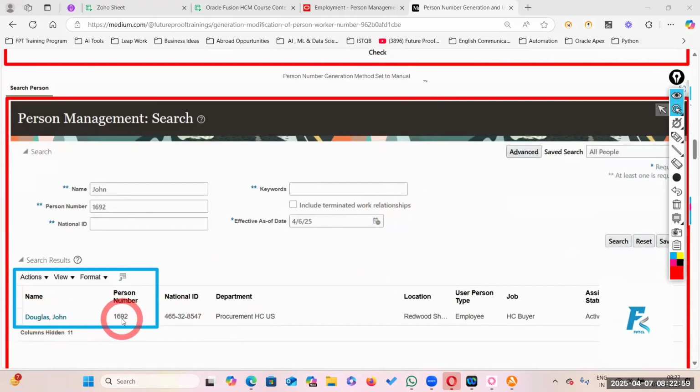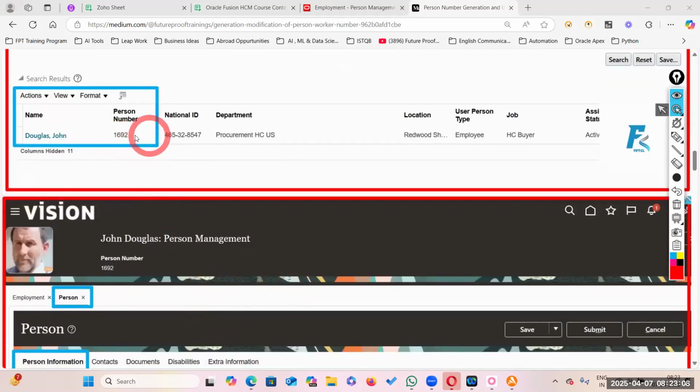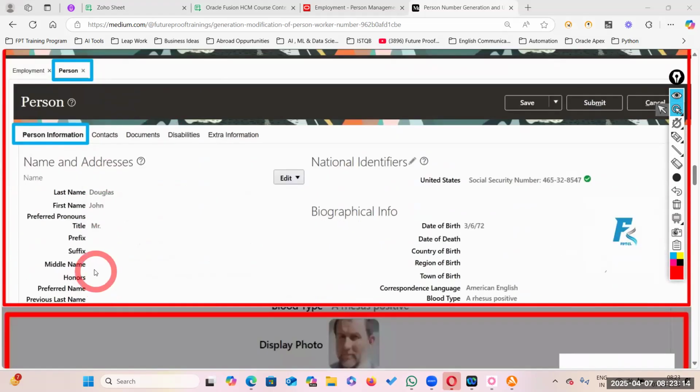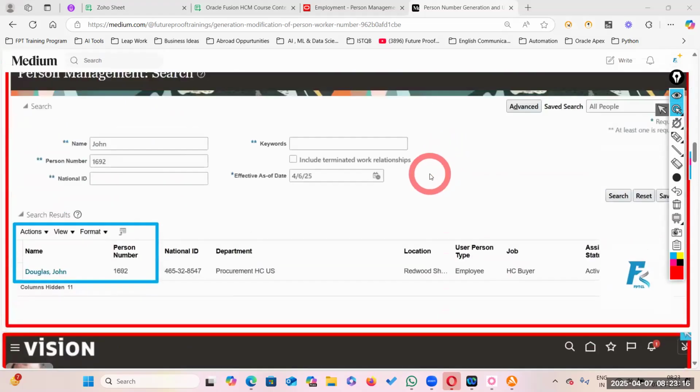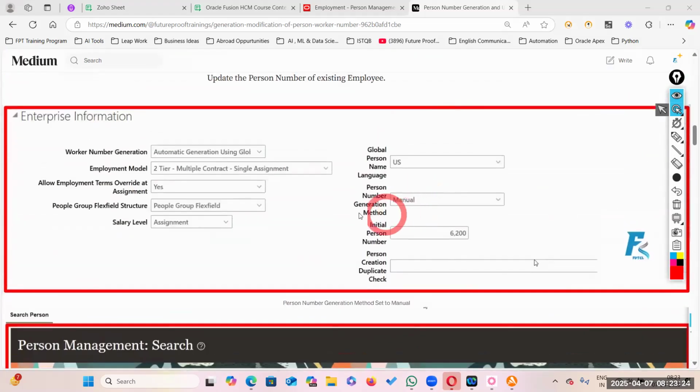What is his person number? 1692. Now I want to change the person number to some other person number. We need to go to manage person. But before going to manage person, we need to change the person number generation method to manual and click on save